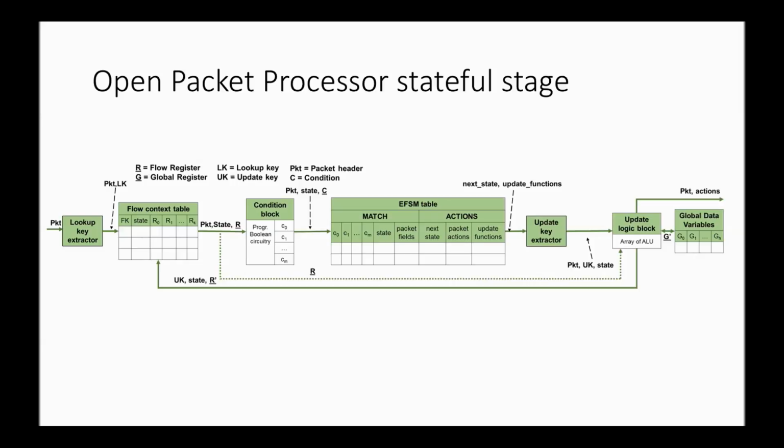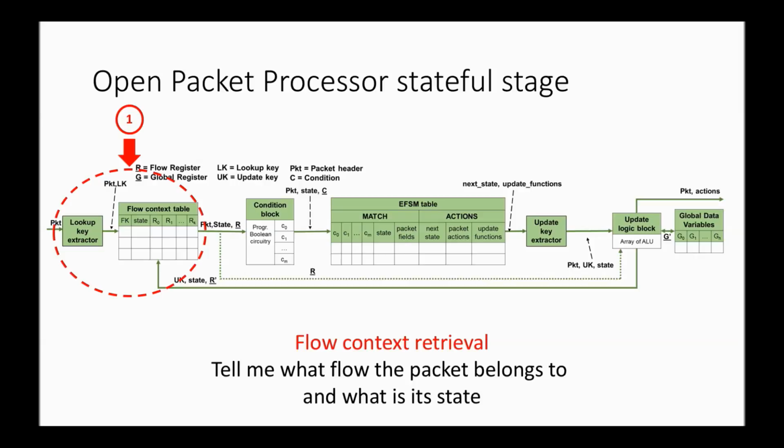An OPP stage handles each received packet by performing the following four operations. First, the packet is associated to a flow key by combining an arbitrary and user-configurable set of header fields. The flow key is then used to query the so-called flow context table and retrieve a state label and a